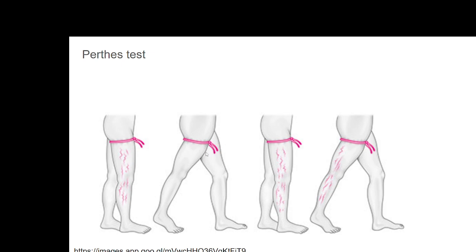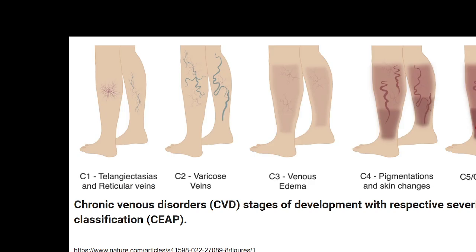When the tourniquet is on and the patient is made to walk, the varicose vessels will be constricted, or their bulging will be lesser, if the deep veins are patent. If the deep veins are not patent, then as the patient walks, the bulging may still increase, because the contraction of the skeletal muscle doesn't improve the circulation. It can improve the circulation only when the deep veins are patent. So these are the two important clinical tests by which you can make out whether deep veins are patent or not.